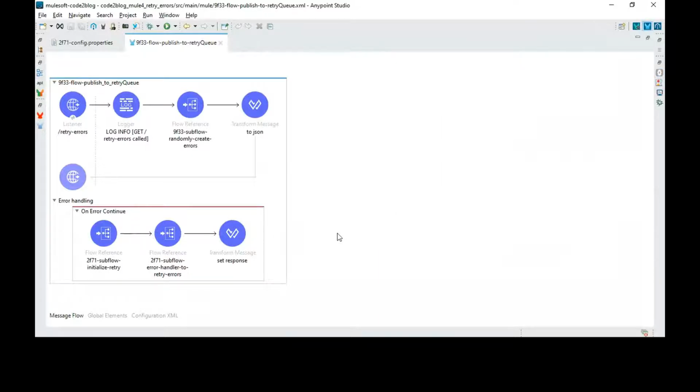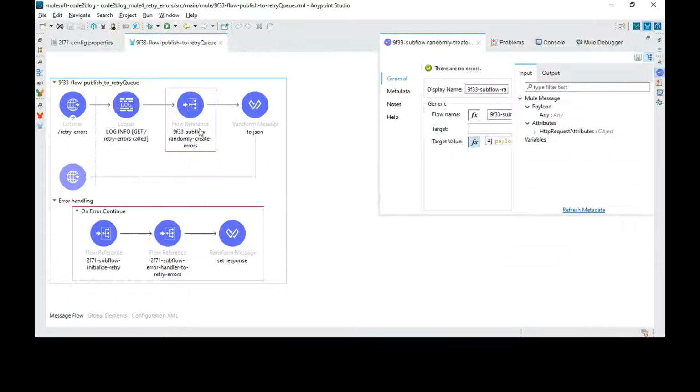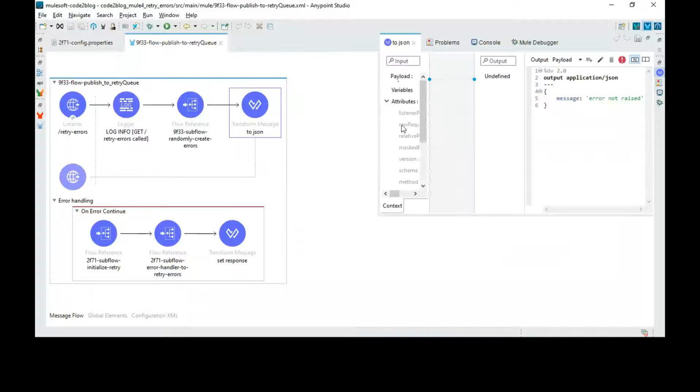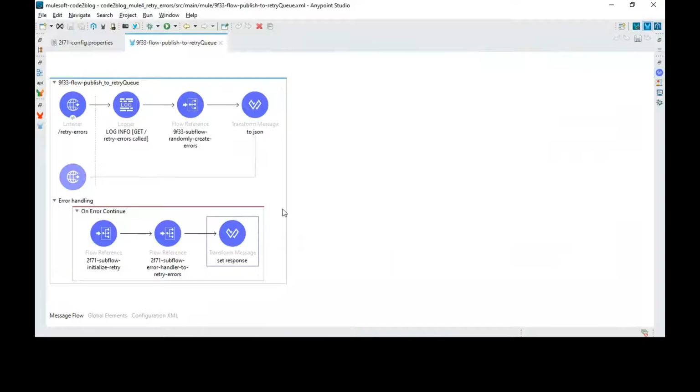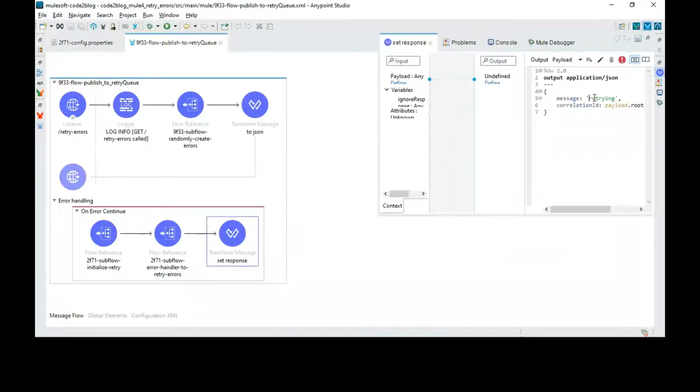Let me show you some flows. So this is the HTTP listener flow where you get to retry. It's completely made out of flow references: a flow reference to randomly generate errors, a transform message which prints out that the retry is not occurring and the retry is occurring, and so on.